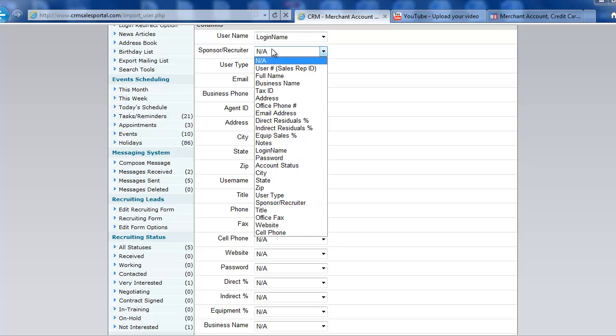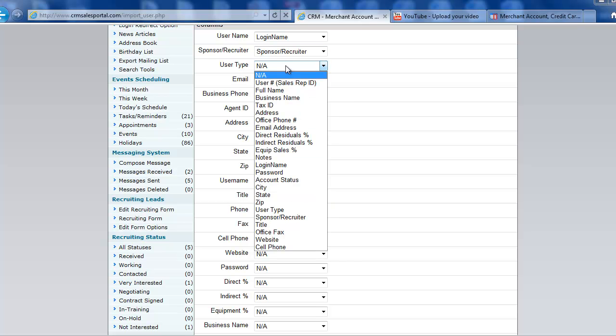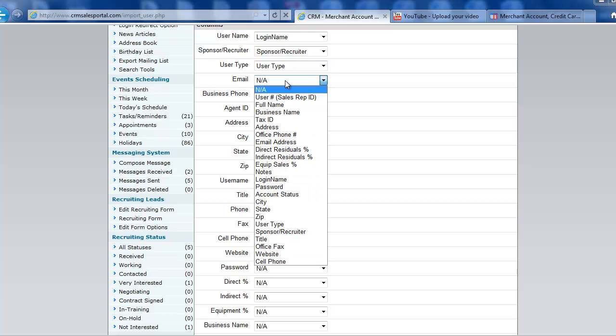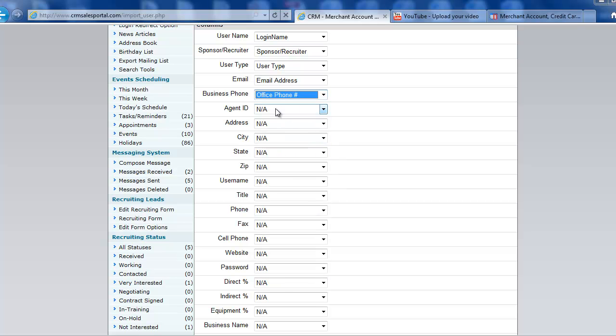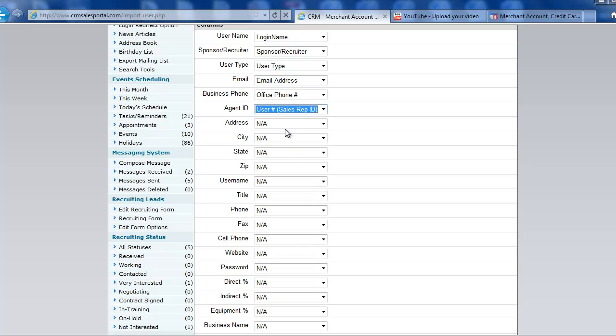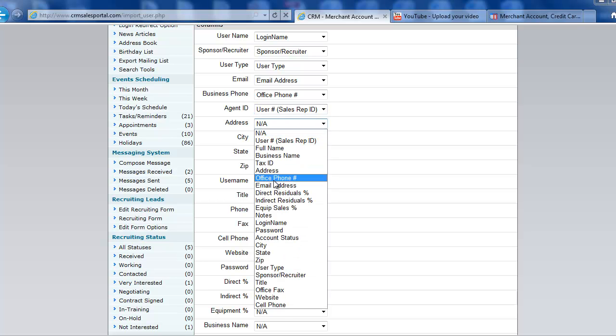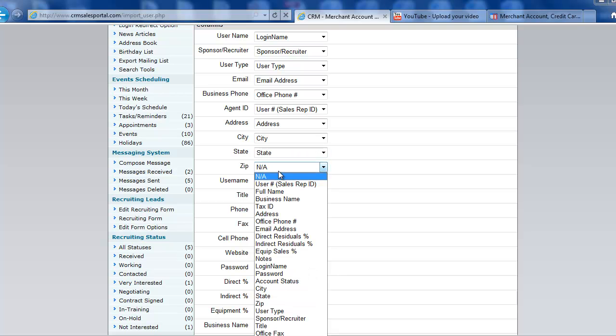We're going to do username, then sponsor recruiter, user type, email, phone, agent ID, which is the user number, address, city, state, zip,